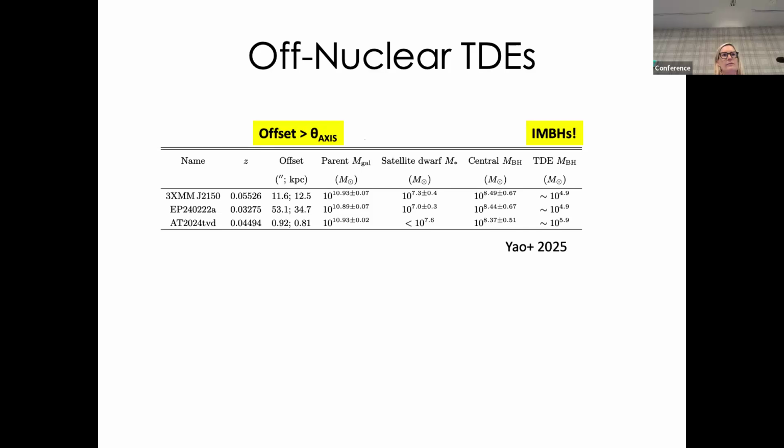How many of these are there, and how far away are they? Because this is something we know: mergers occur, and we know that there will be roving black holes that occur as a result of these. How many of them are there? Yeah, so I think smart AXIS follow-up of optically selected samples could answer that question.